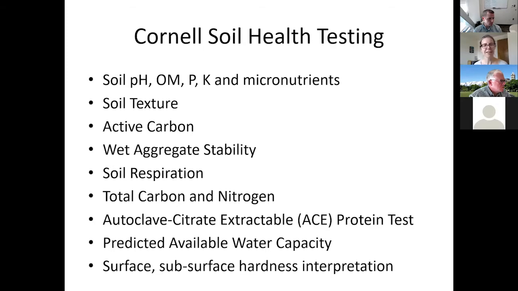Though even this, there's actually very few biological, right? They've got wet aggregate stability there. They've got soil respiration, total carbon nitrogen, pretty standard. This autoclave citrate extractable ACE protein test is correlated with nitrogen availability. And so most of these are really pretty limited in terms of what they can tell you about your biological and physical